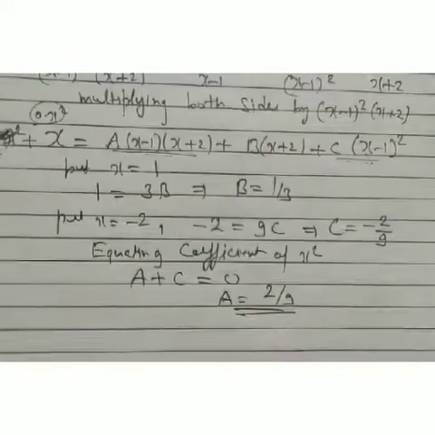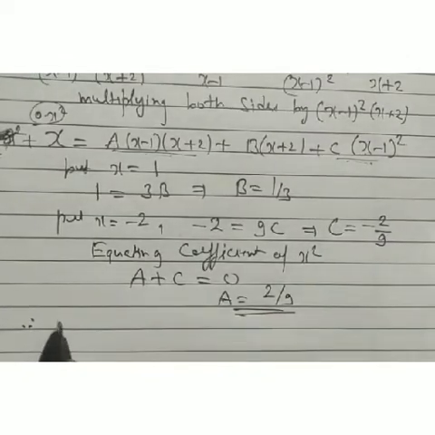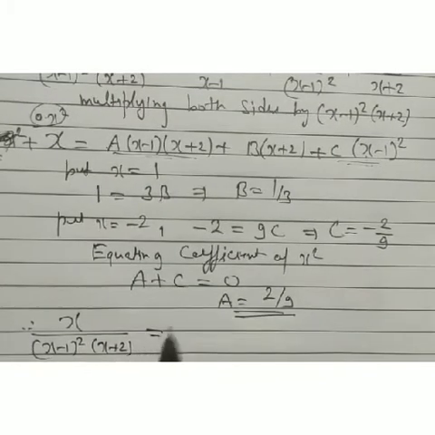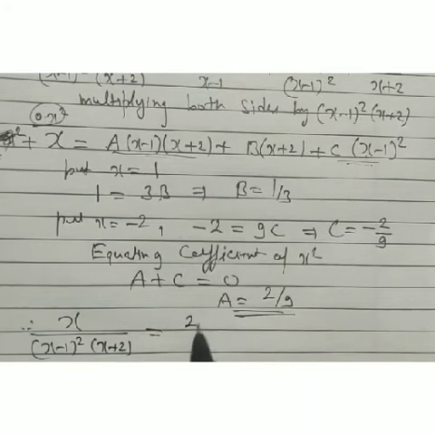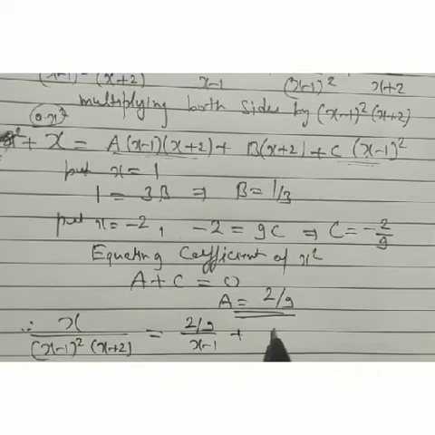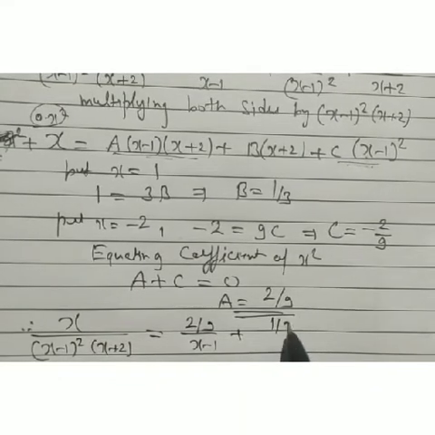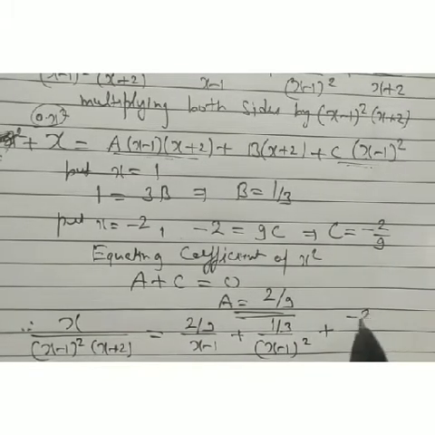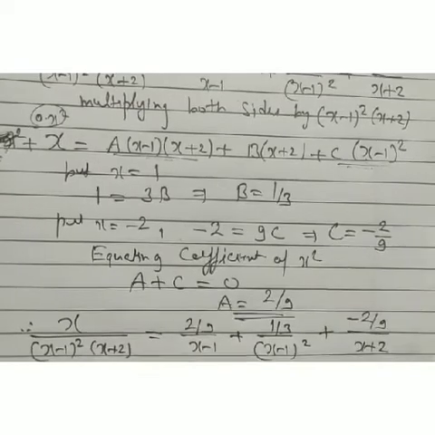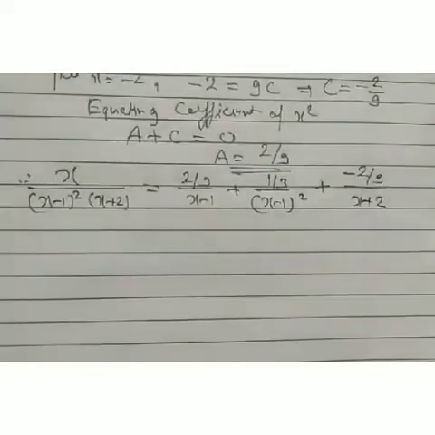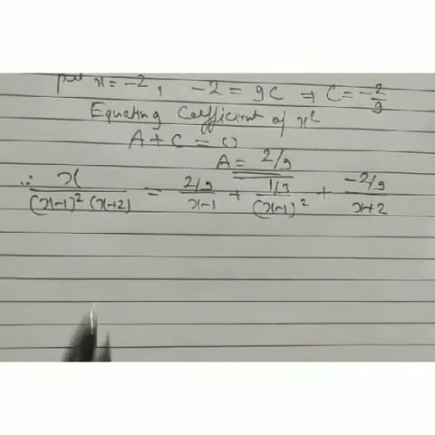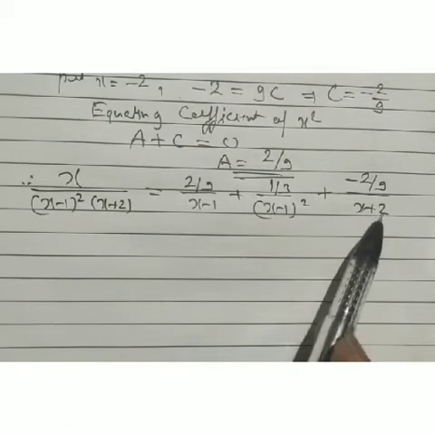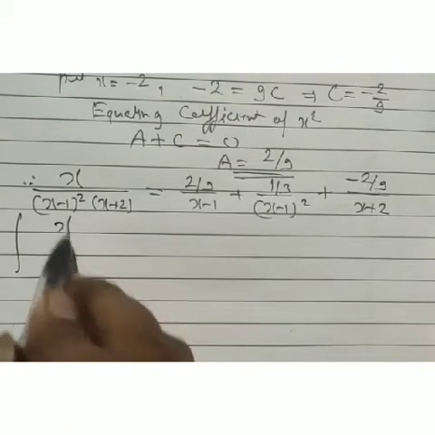Now therefore our x upon (x minus 1) whole square (x plus 2) is given by a upon x minus 1, what is a? 2 by 9 upon x minus 1, plus b upon x minus 1 whole square, what is the value of b there? 1 by 3, plus c upon x plus 2, what is the value of c? Minus 2 by 9. Now we are able to express this rational function in three simple forms there. Now we are going to take its integration,